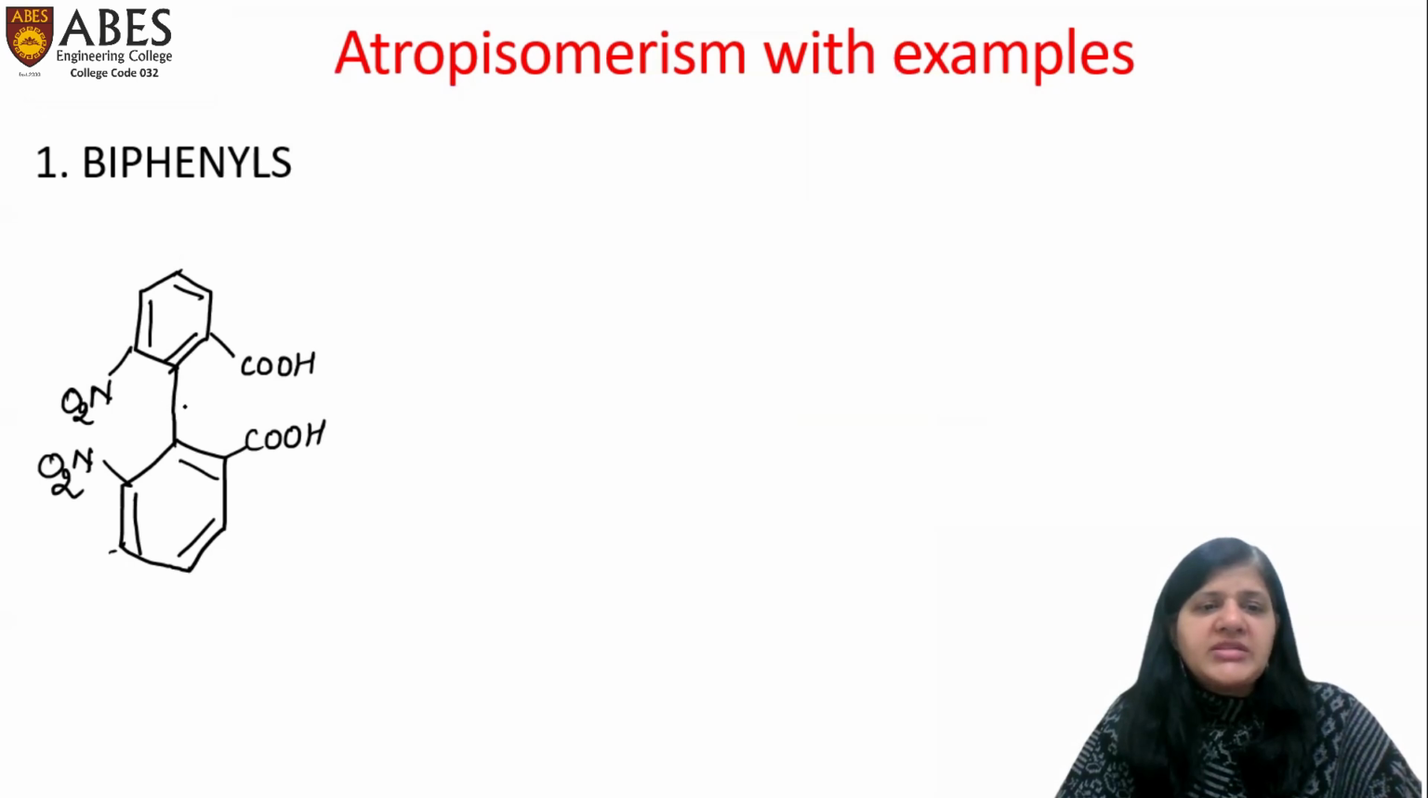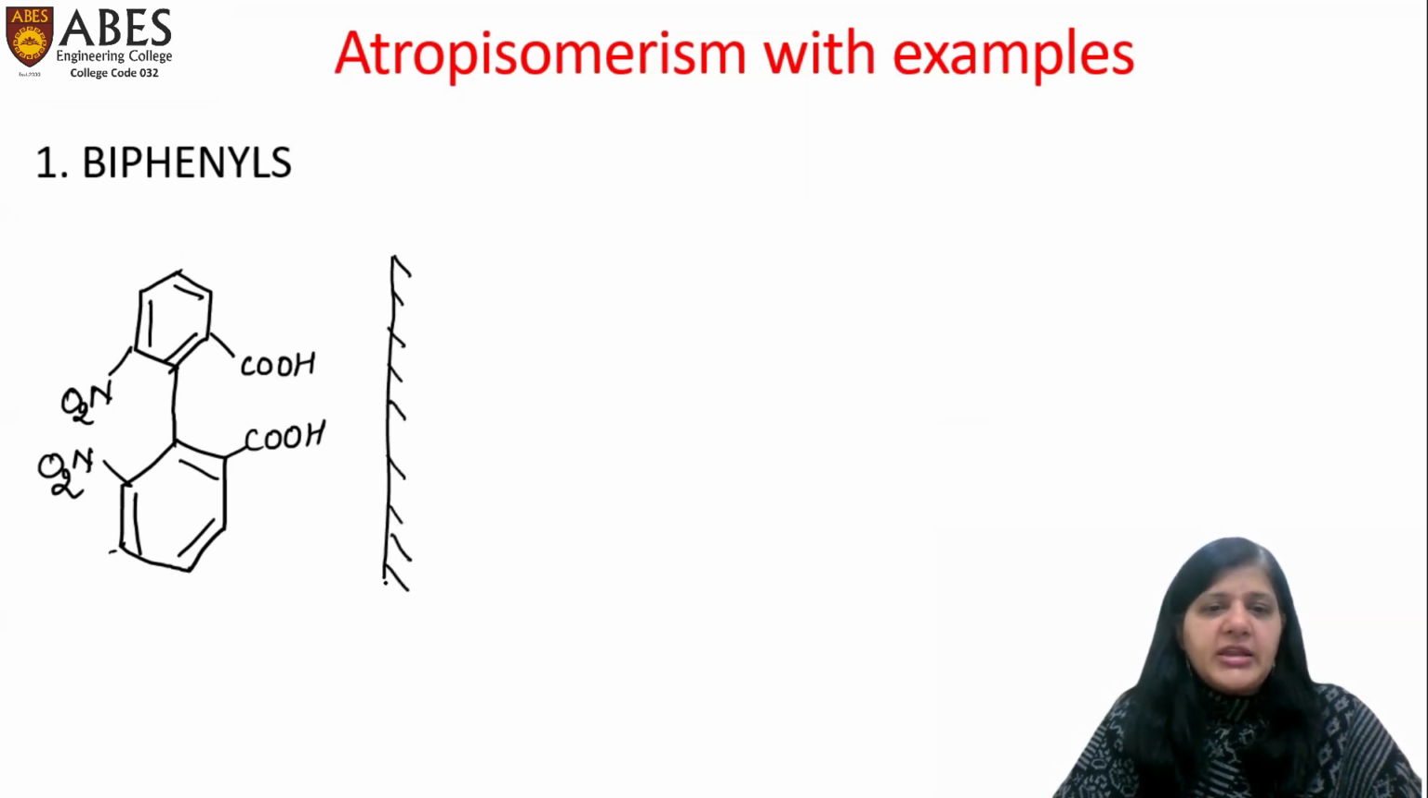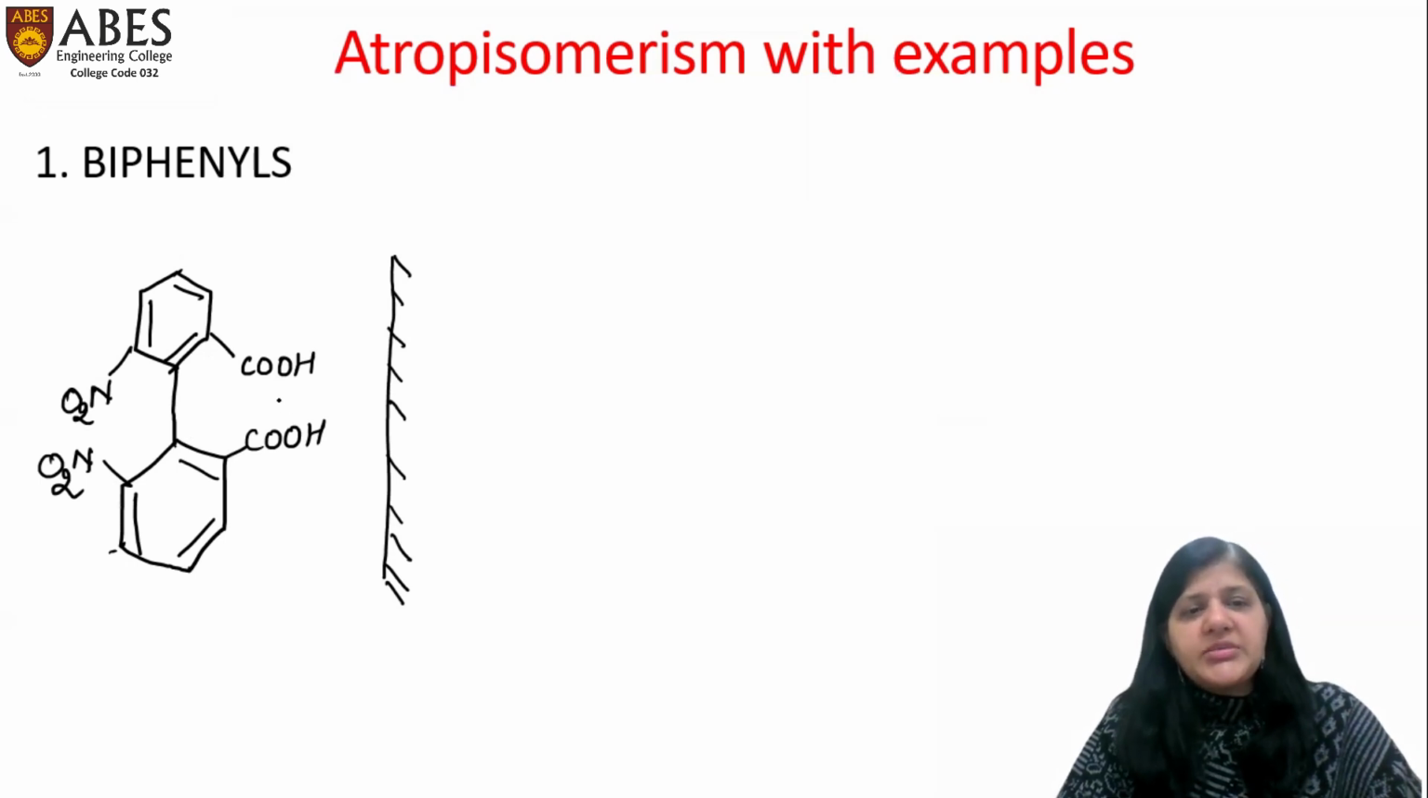This molecule has complete asymmetry, and it shows the atropisomerism phenomenon, which means optical activity without chirality. This molecule has no chiral center, but still it is an optically active molecule due to the asymmetry in the molecule, which arises due to the restricted rotation in the biphenyl due to the presence of bulky groups at the